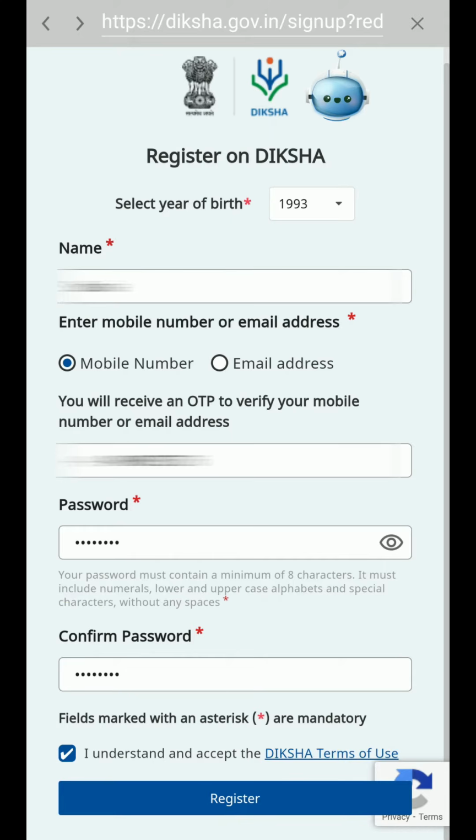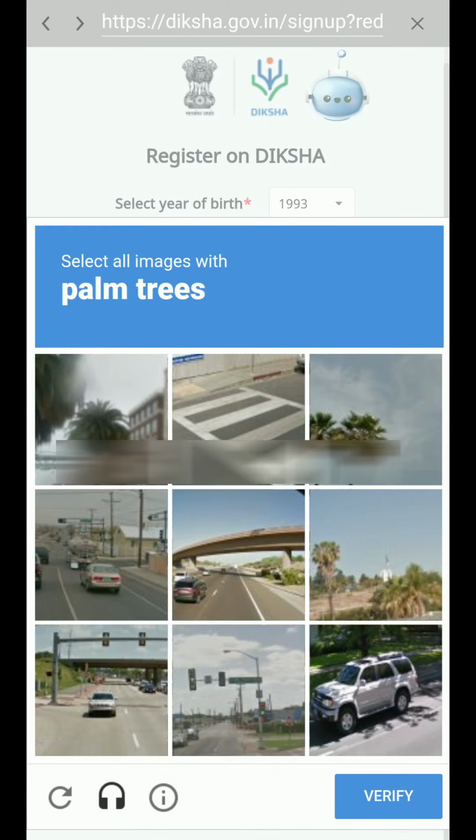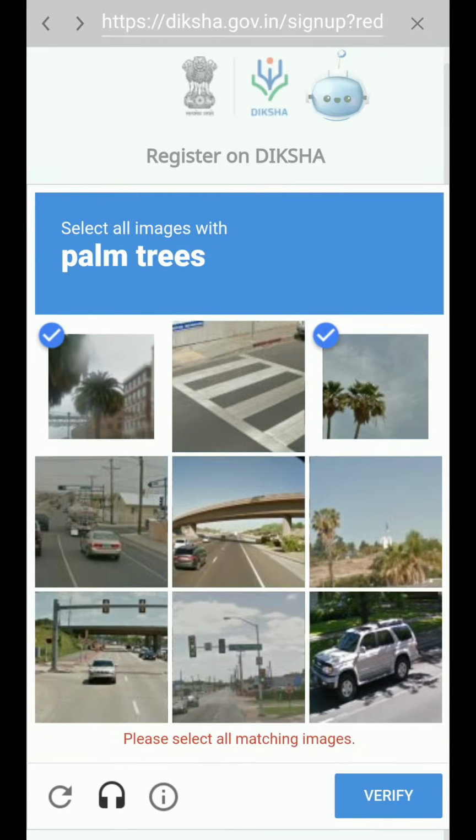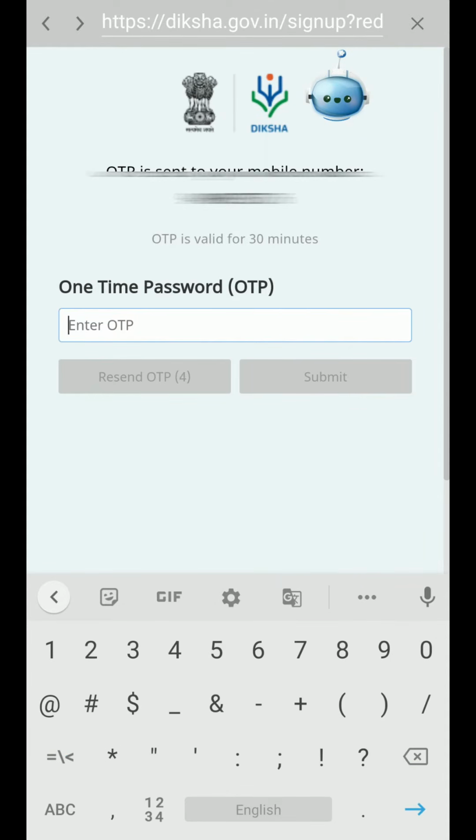And click the register here button. Now OTP will be received in your mobile text message box. Type the OTP here and click submit.